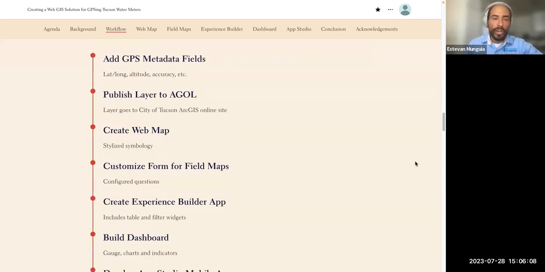So this is the workflow that I used in creating the solution. First, I added GPS metadata fields to our existing non-GPS layer. So that's the layer of the map that I was showing you before. Basically, I just added lat, long, altitude, accuracy, and other GPS metadata fields. I published that layer to the City of Tucson's ArcGIS Online site, and I created a web map from that